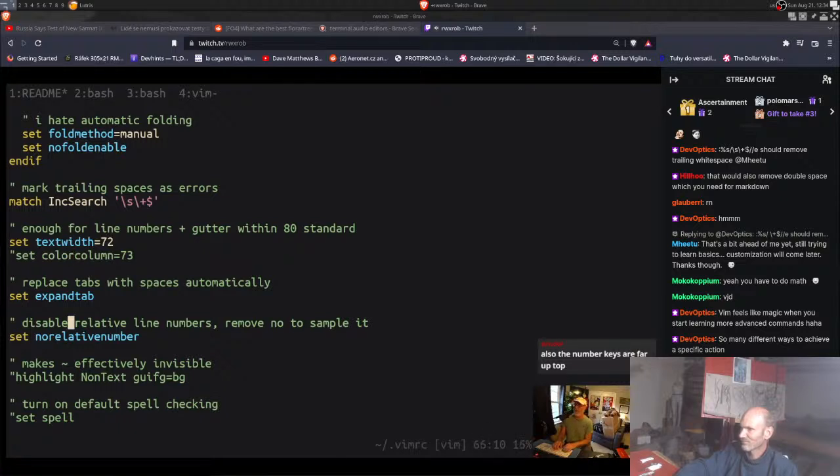Yeah, and the number keys are weird, and if you're dealing with files that are really, really big,